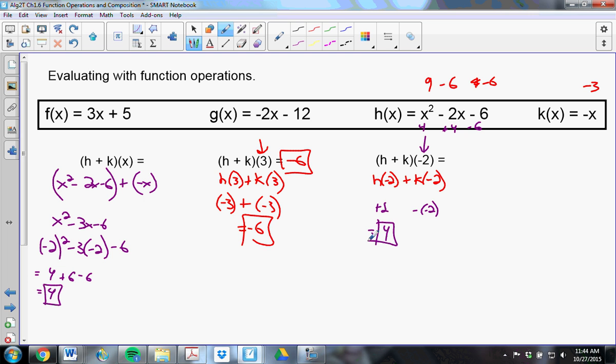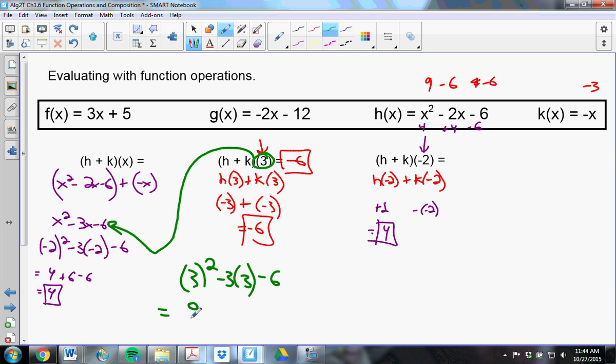In the same way, I could have taken this 3 and plugged it in here and done 3 squared minus 3 times 3 minus 6, which is 9 minus 9 minus 6, which is negative 6, which is the same thing I got the first time around. So the point I'm trying to make is you can either find h plus k of x first,